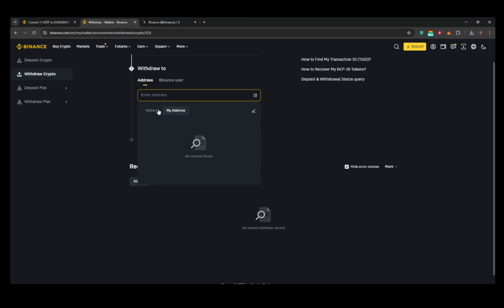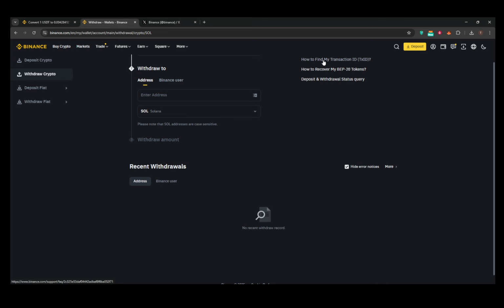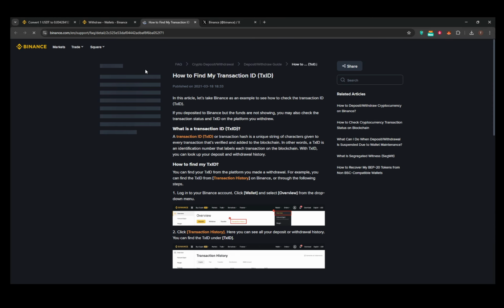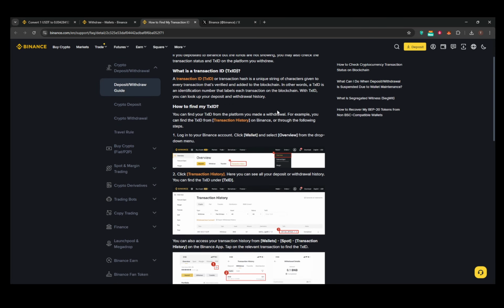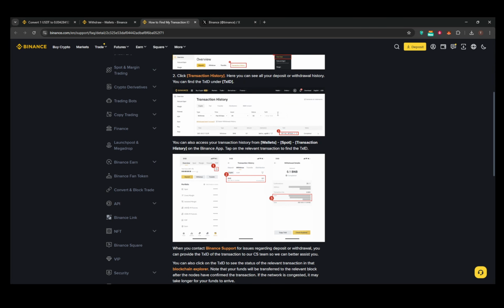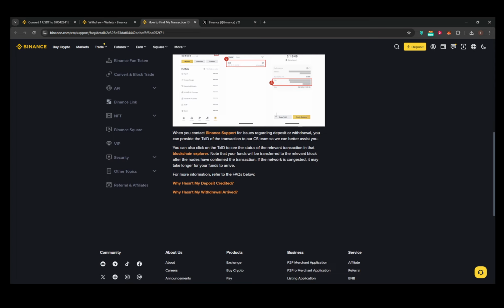After submission, Binance will provide you with a TX ID or transaction ID in your withdrawal history. This is a handy tool because you can use this TX ID to track the progress of your transfer on a Solana Explorer, like solscan.io or explorer.solana.com. If you notice any delays, a good troubleshooting step is to check the deposit and withdrawal status page on